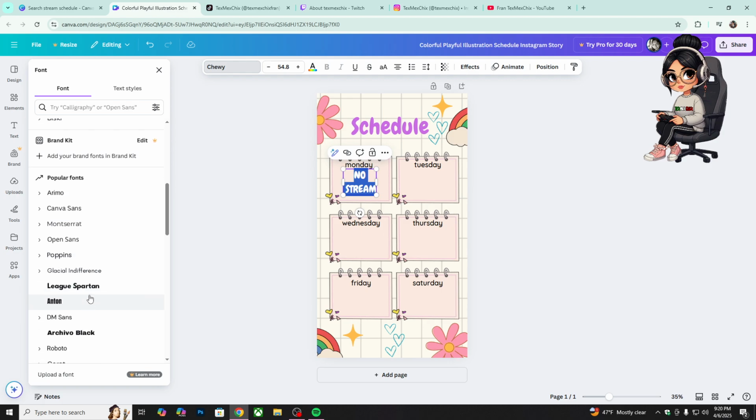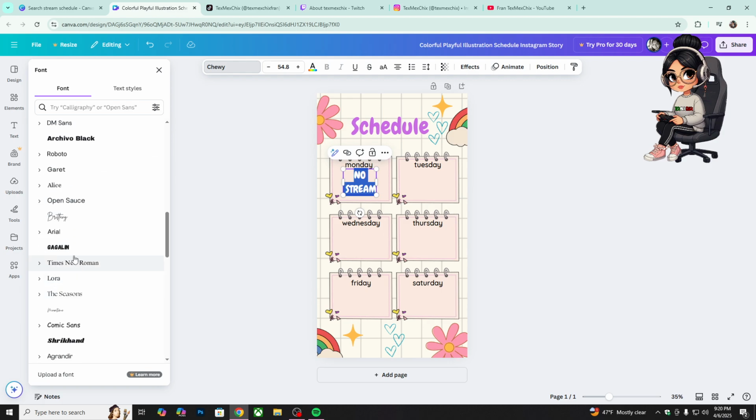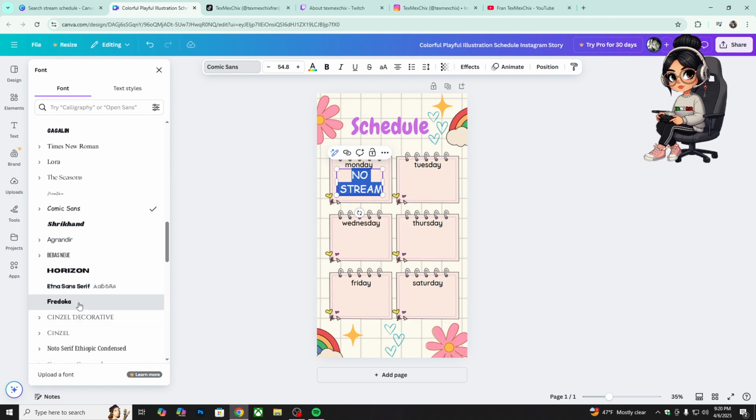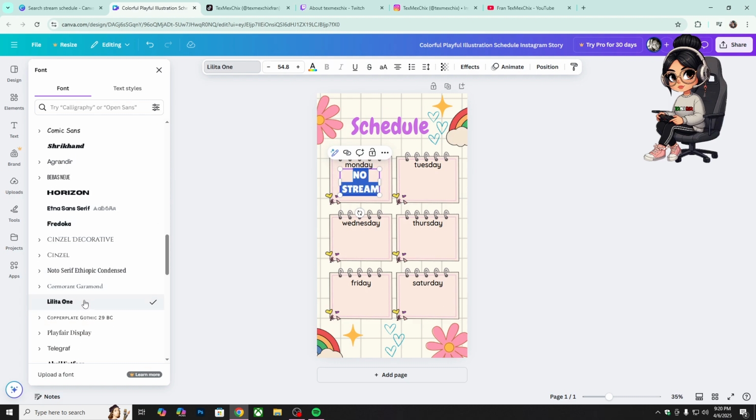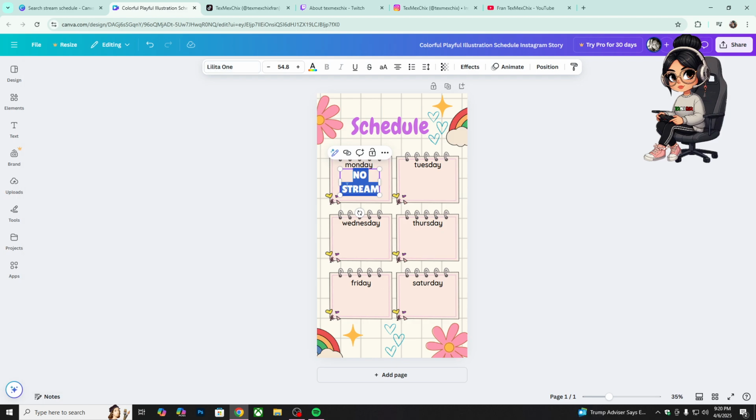I usually stick to the same fonts over and over, just because I like the way they look. Let's go with this one. And then I'm also going to